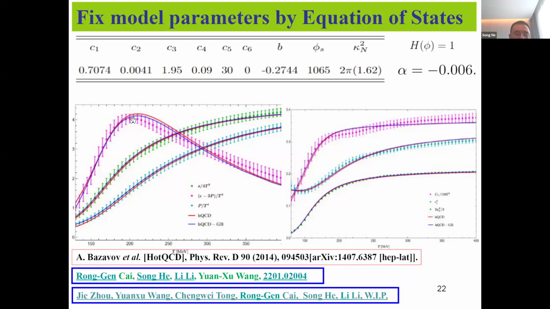And as you saw, previously there is a discrepancy between the data and the model prescription. But once you incorporate the higher Gauss-Bonnet term, this discrepancy becomes smaller and smaller. So the numerical data prediction is highly improved. And you can also check the sound speed and also the baryon stability. But this part is only for the equation of state.